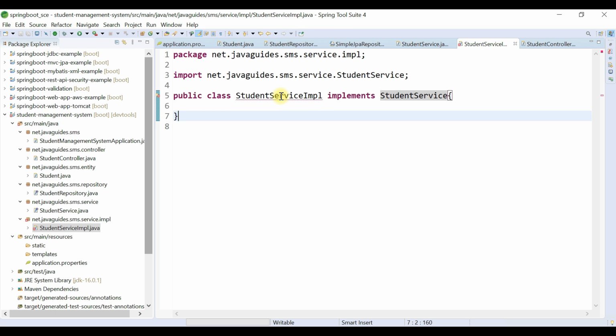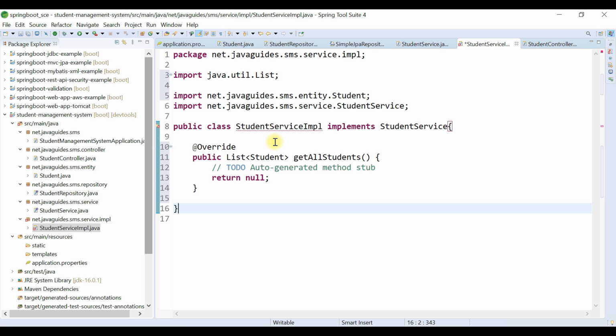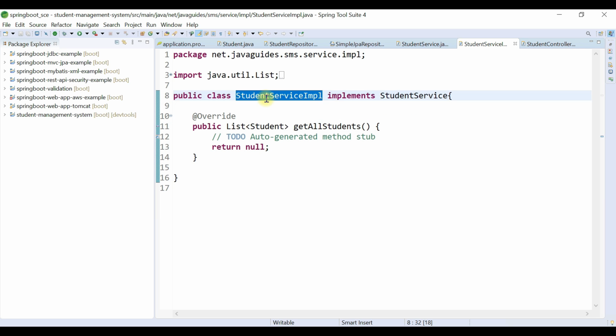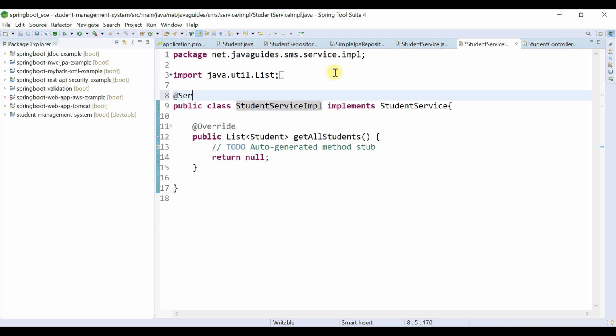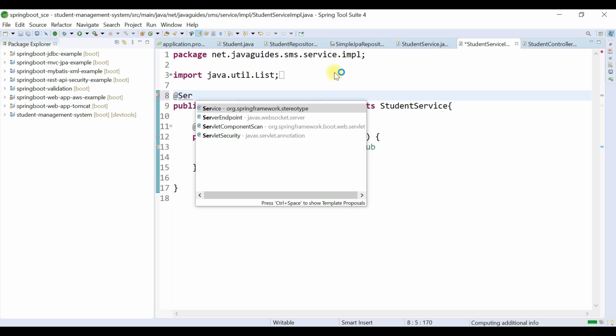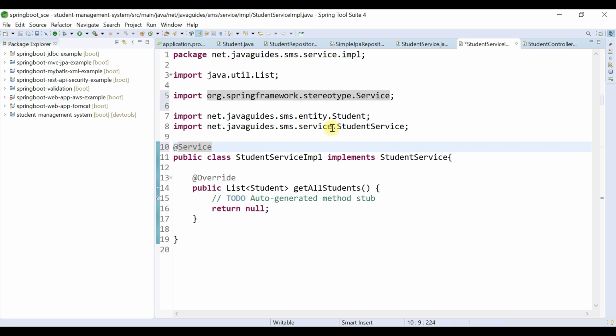Okay, great. Save the file, and let's go to the StudentServiceImpl class and just mouse over on it. Okay, and we need to implement the method that we have just defined in StudentService, right? So go ahead and click on add implemented method. So before implementing this method, let's first annotate this class with the @Service annotation. So whenever you create a service class, make sure that you add the @Service annotation on top of it.